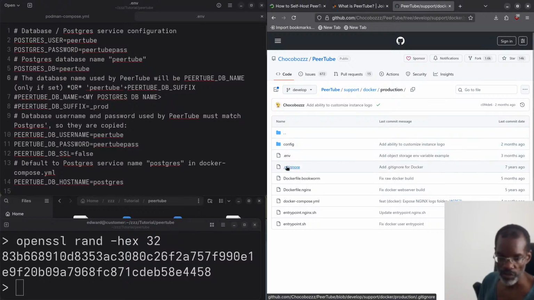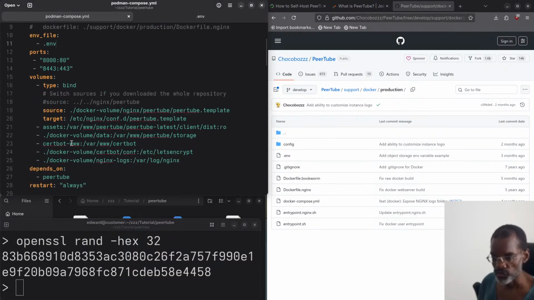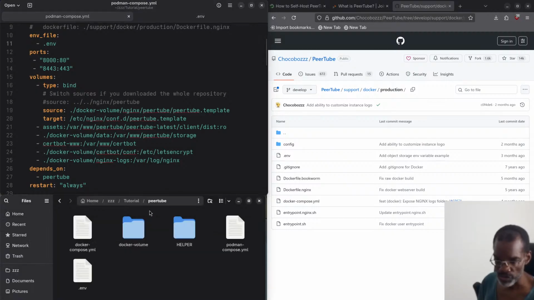All right, now that said, that's basically all I need. However, we're not quite done yet. If we go back to our Podman here, if you notice something, we need to create this PeerTube.template, which will obviously copy it. That's the source. So copy it into the target, which is inside the container. So we need to create this file, and I'll show you how to do that. I believe I should already have it here in my